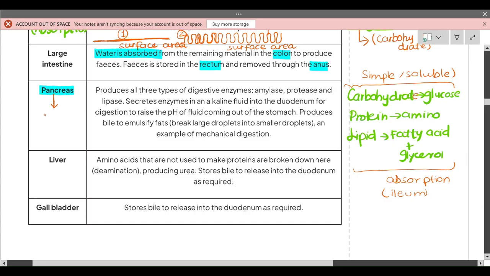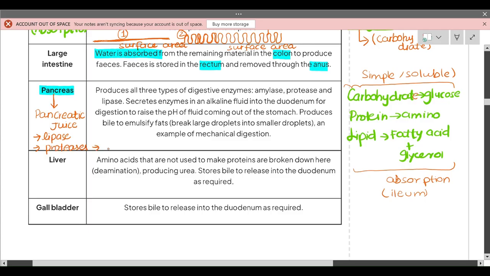Can you please just give me the name of those enzymes that are produced by pancreas? Amylase, protease. Yes, I told you in the previous section that the pancreatic juice produces three different types of enzymes. These are lipases, proteases, as well as the amylases.